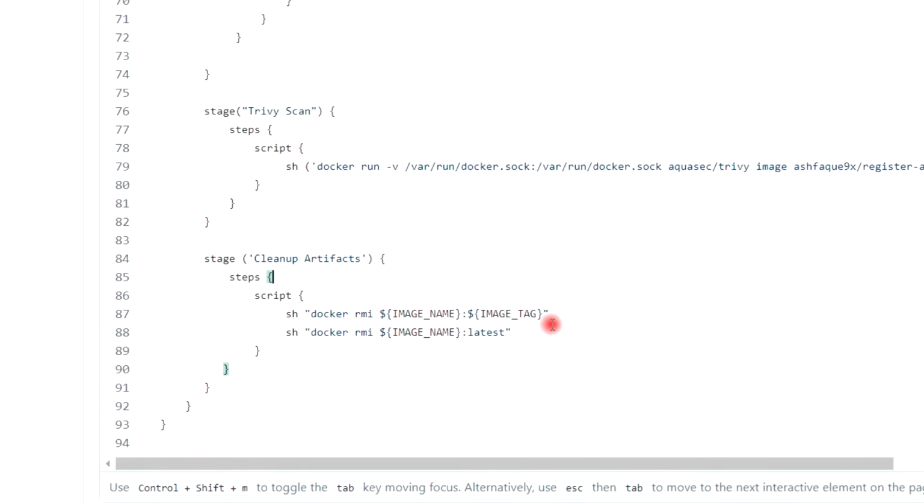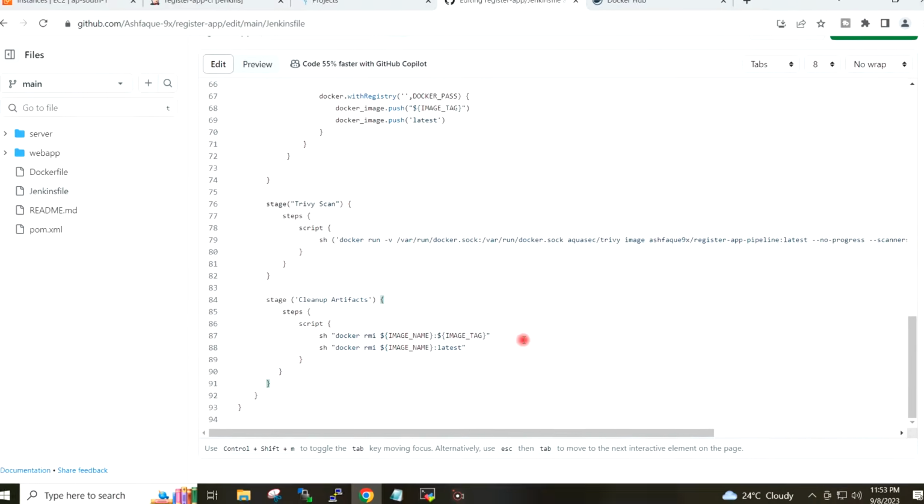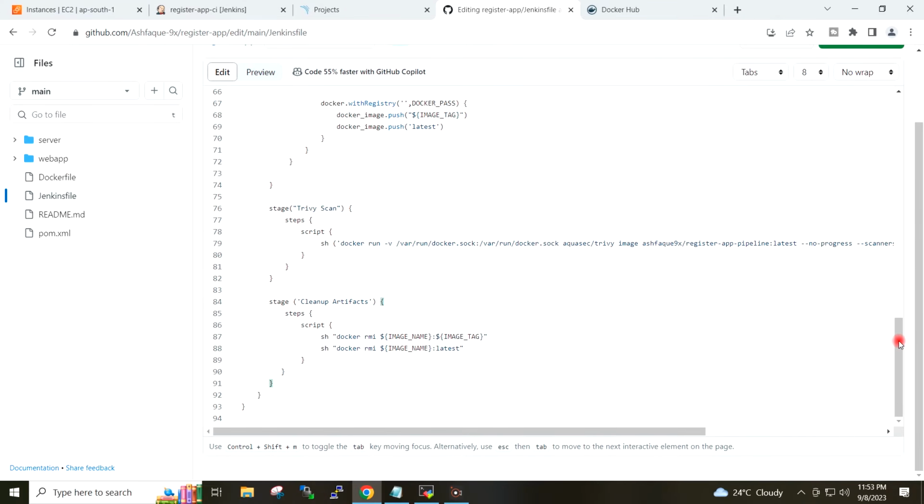It will actually clean the previously created Docker image. I will save the Jenkins file.